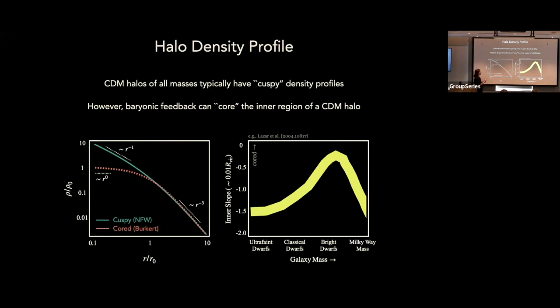Yeah, that's a good point. It's a bit artificial because this is coming from reading off the inner slope at a distance of about 1% of the virial radius. So this is just the way it's read off in the simulations. It's like reading it off here, but not quite here. So I think it's just coming from that. Yeah, that was a good point. I meant to highlight that and then I forgot.